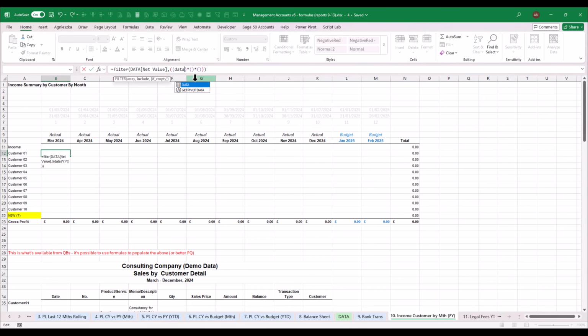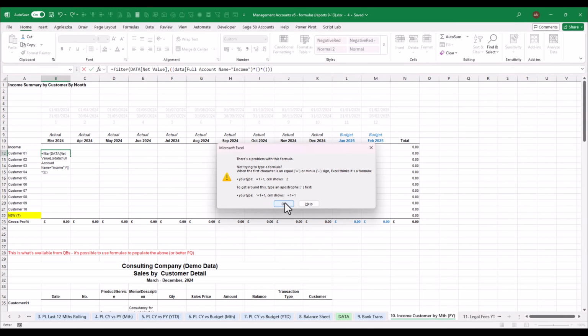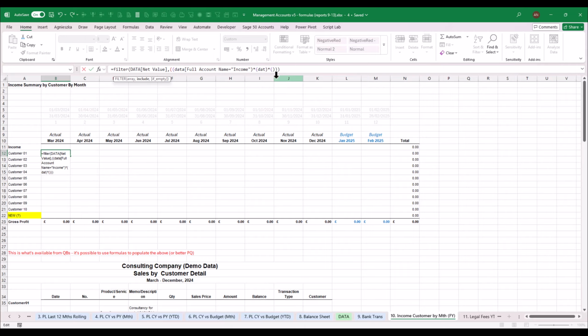So the data column full account name needs to be income. For now, I'm just going to type it in. That's not correct, but I'm going to just do it for now. I'll come back to it. Now, data. I didn't finish this. I didn't do this properly. Data transaction date needs to be greater or equal to beginning of the month,